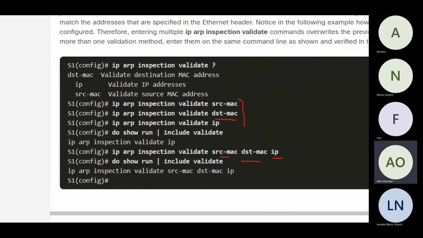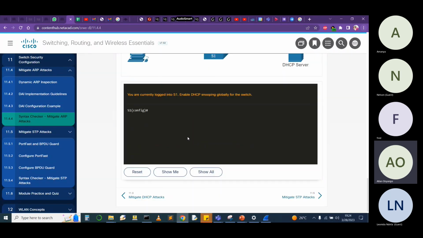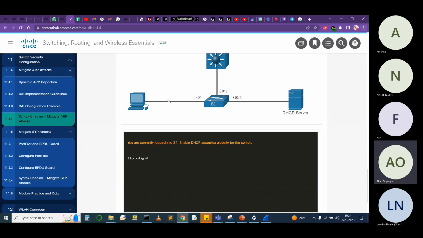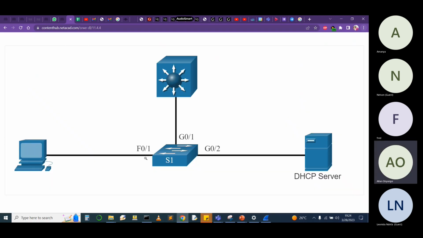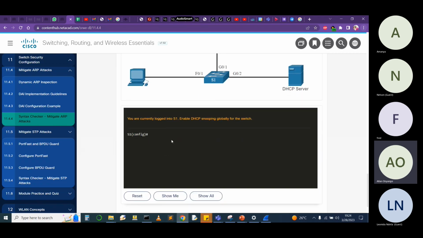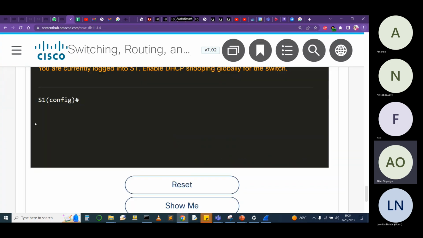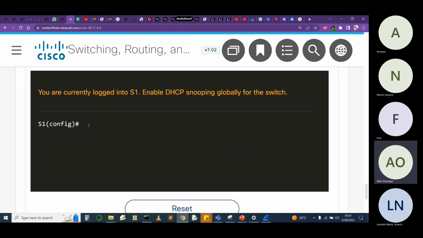Now, let's see how we can protect against these ARP attacks, and we have this one. Remember, we still have our trusted and untrusted ports, and G0/1 and 2 are actually trusted ports here. And apart from DHCP snooping, we are also going to protect them against ARP spoofing within our device. So let me just get to that here in a second. We are told that we are currently logged into S1. Enable DHCP snooping globally for the switch. So we say